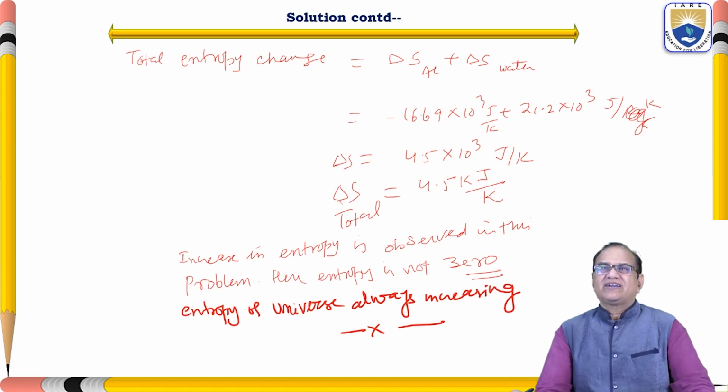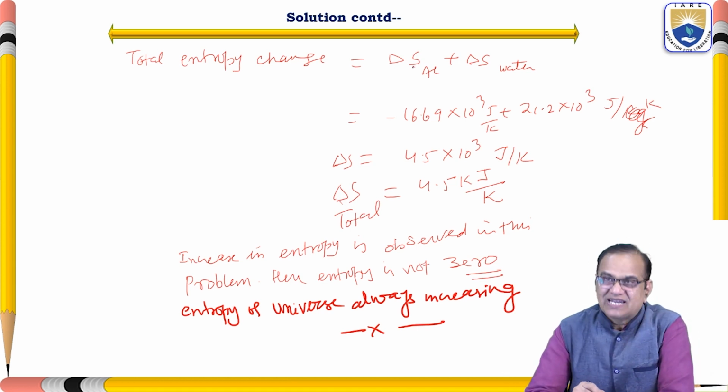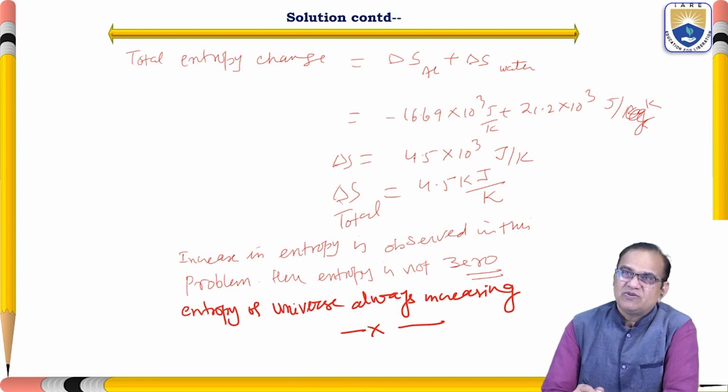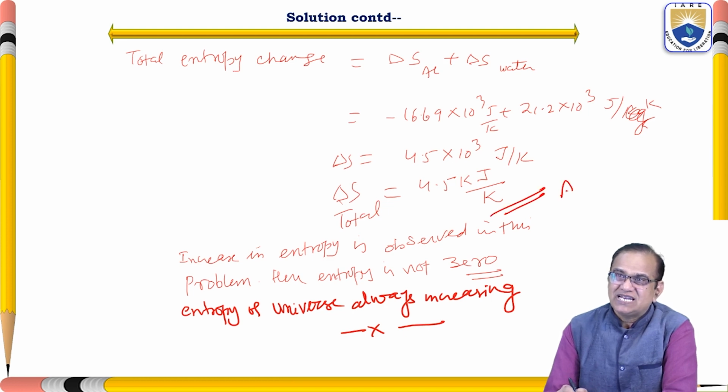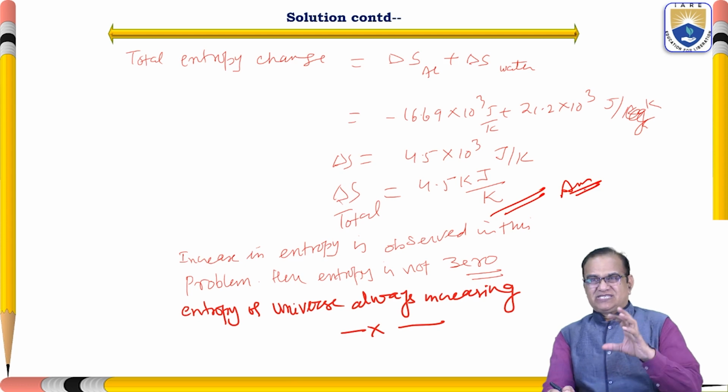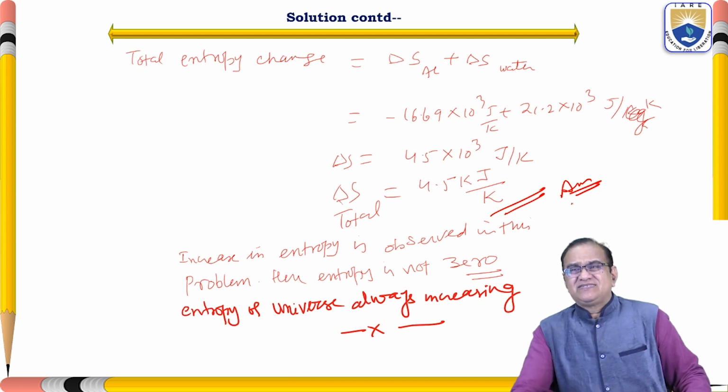So total entropy change is equal to delta S of aluminum plus delta S of water. So aluminum is minus 16.69 into 10 to the power 3 joule per Kelvin plus 21.2 into 10 to the power 4 joule per Kelvin. So this delta S will be 4.5 into 10 to the power 3 joule per Kelvin, or 4.5 kilojoule per Kelvin. So this is the answer, that the total change of entropy of the universe will be